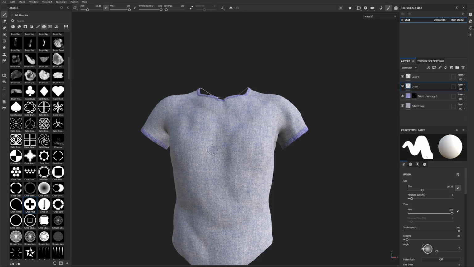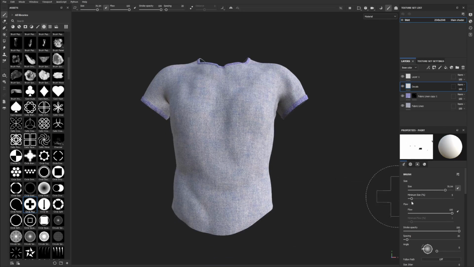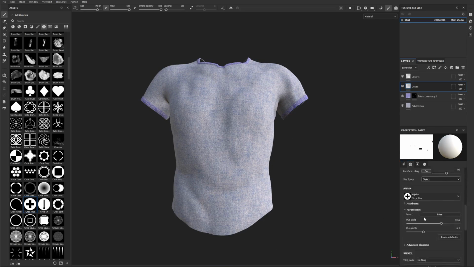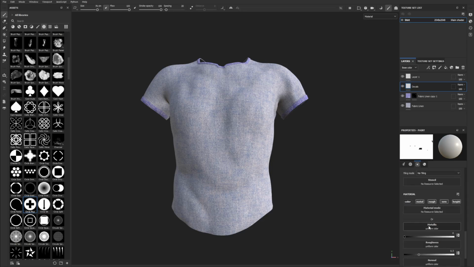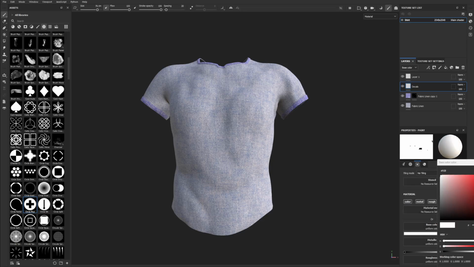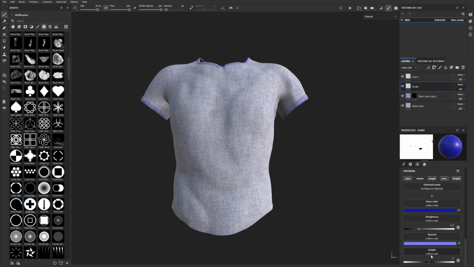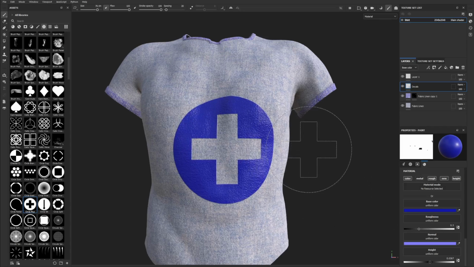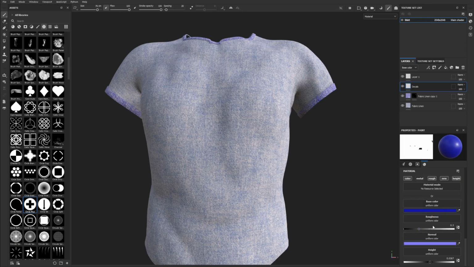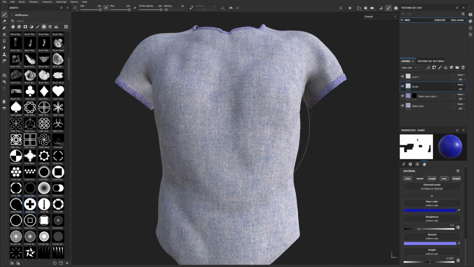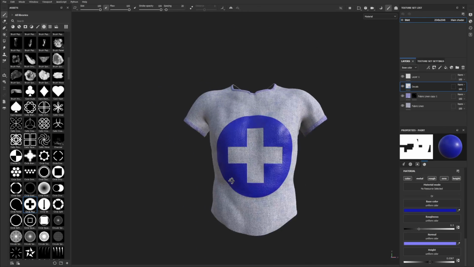Okay, I'm going to hold down Control and right click to get my brush bigger, and I'm going to start setting what I want my brush to be. I want a color. So pick a color. Let's make it something like that. I want metallic. Ugh, we don't need metallic. I want height. Yes, I want height. Ever so slightly, just a little bit. 0.36 should be fine. If I click down, you can see it. Yeah, cool. And then I want the roughness. I want it to be kind of shiny, and that is perfect actually. So I can just boom, and there we go.